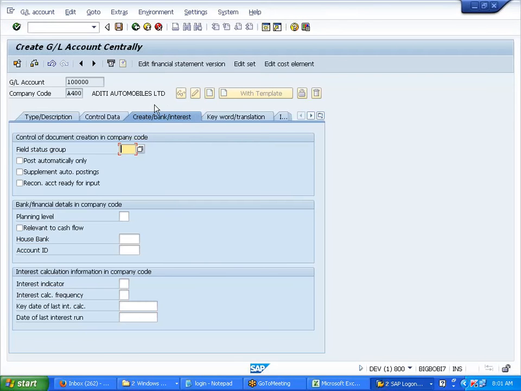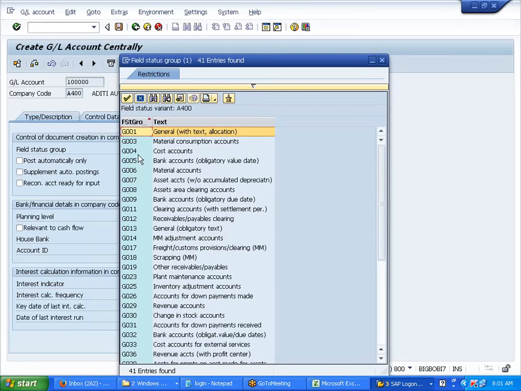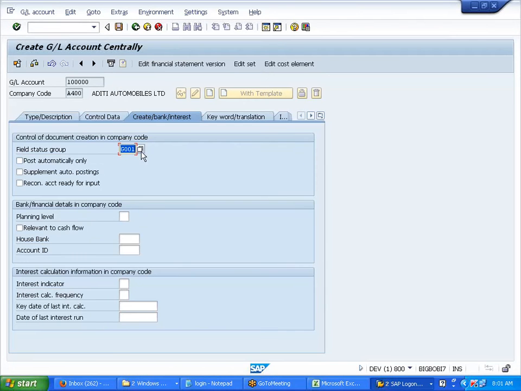That is what I'm doing, under the GL master, under this tab. So we created all these groups, default groups like G1000. These control the fields. So I'm taking G001 as of now. In detail we'll do the testing about this also.